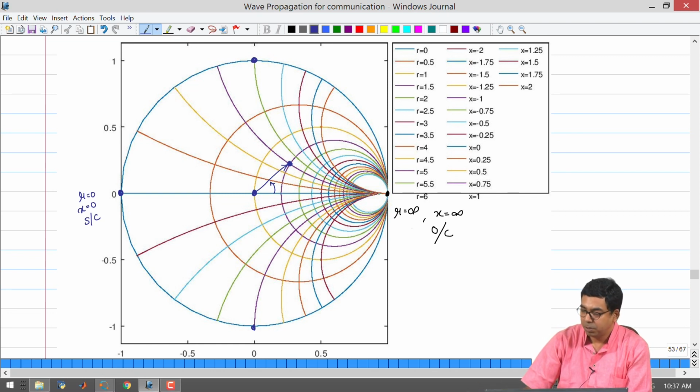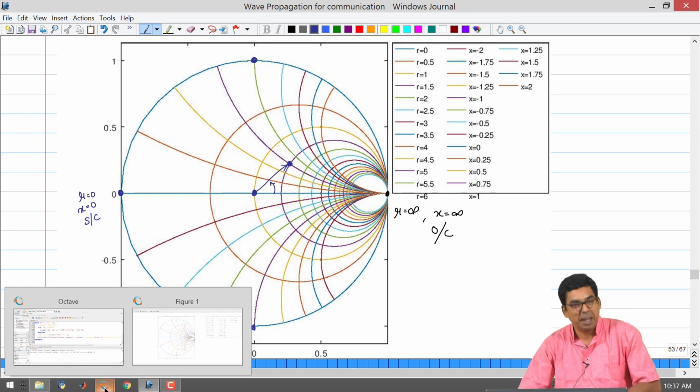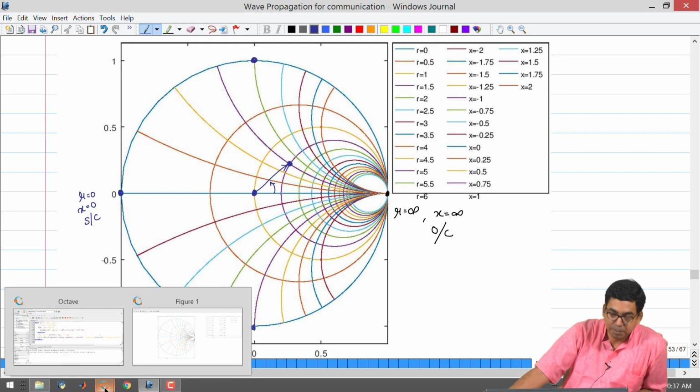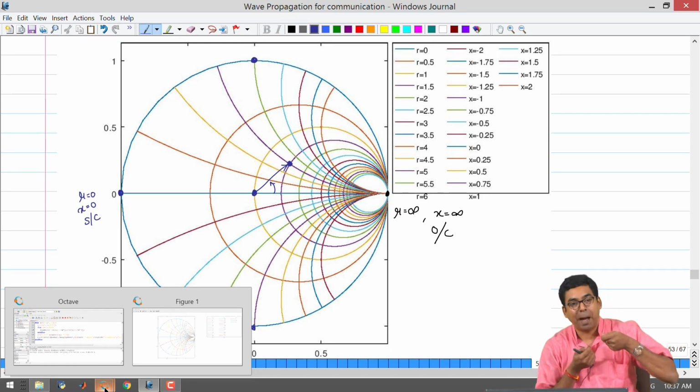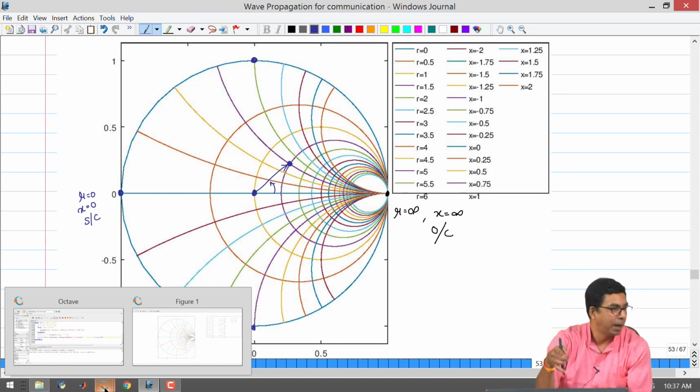Now, in many cases in transmission lines, one would actually use admittance instead of impedance, because many times you would connect something in parallel to your transmission line to achieve what is known as impedance matching, which is where we are headed. Many times we do not cut the transmission line and insert something in the middle to achieve impedance matching. So, you will have a transmission line and you will connect something in parallel to it.